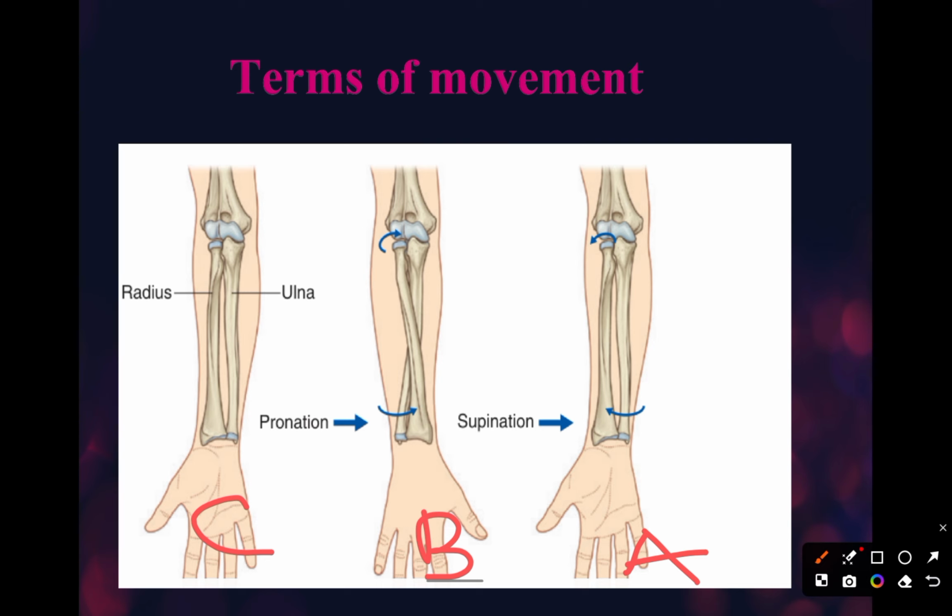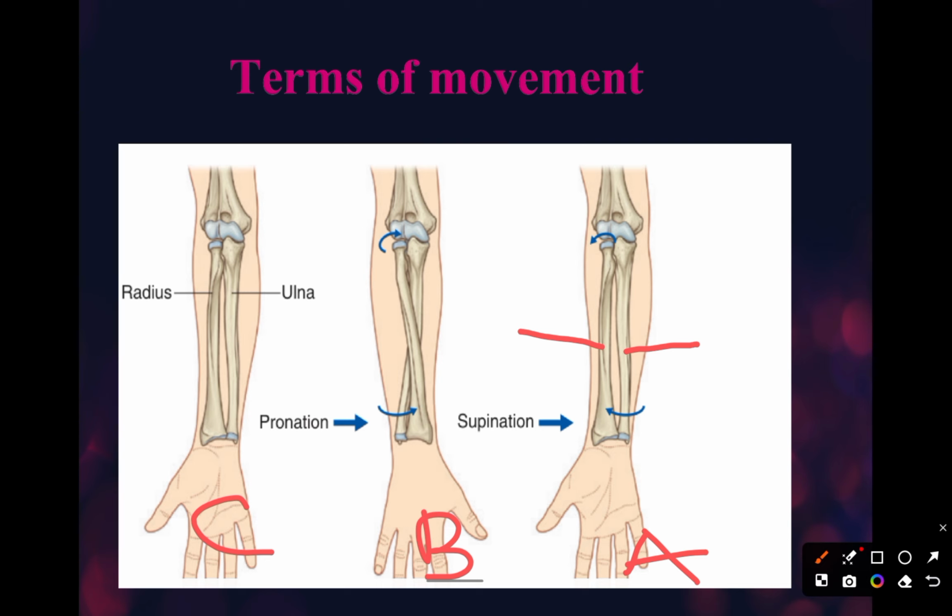The head of the ulna crosses over the head of the radius, or the head of the radius crosses over the head of the ulna, because this is my ulna. The ulna is closer to the body, and this is my radius, and it is farther away from the body. So during pronation,